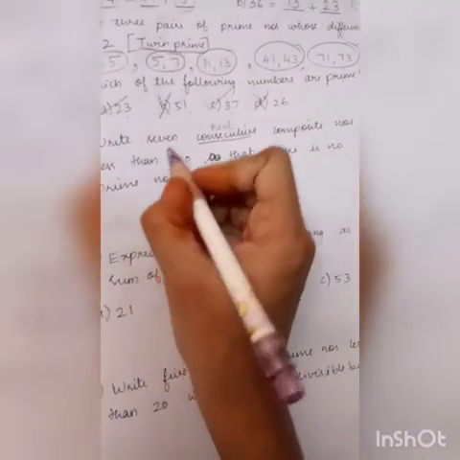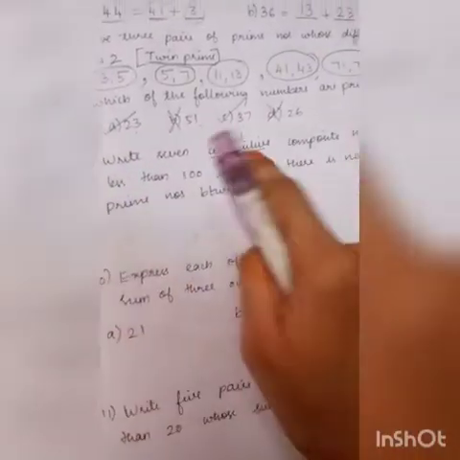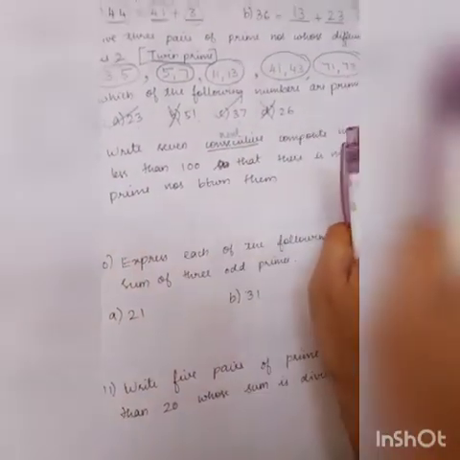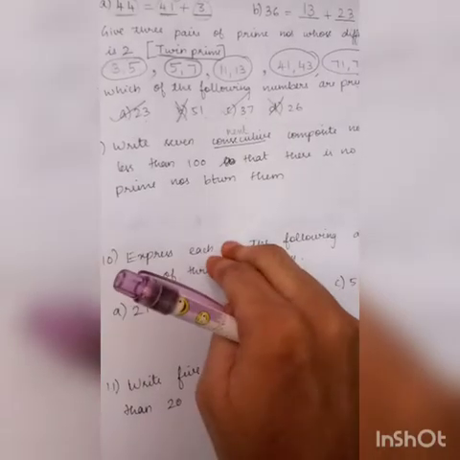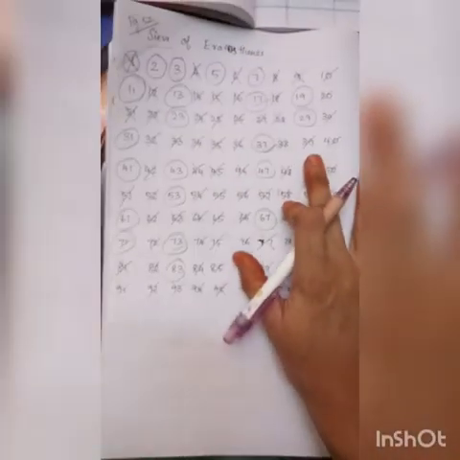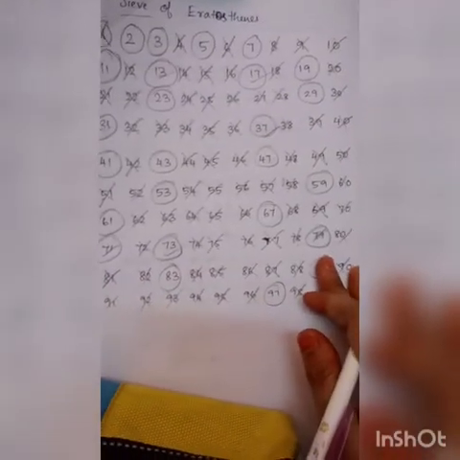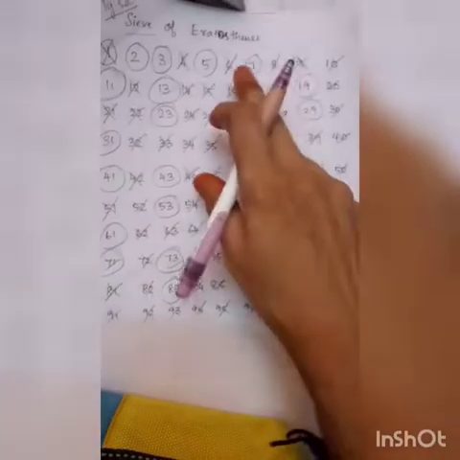So that is consecutive numbers. So here what are we going to find? Totally 7 consecutive composite numbers less than 100 so that there is no prime number in between. We have to find continuous composite numbers, and in between no prime number should be there. So shall I take the sieve of Eratosthenes tabular column? Yes. In this you can search by yourself. Are there any 7 consecutive composite numbers?